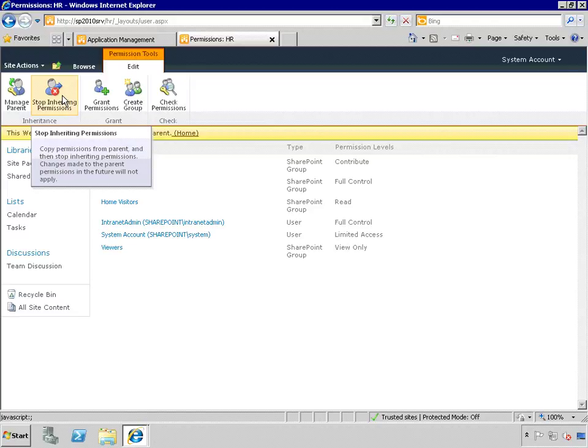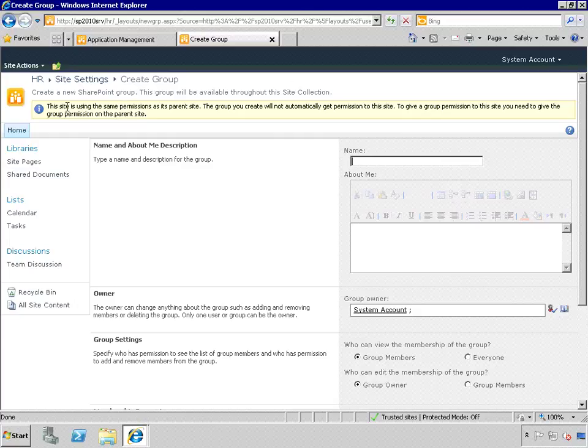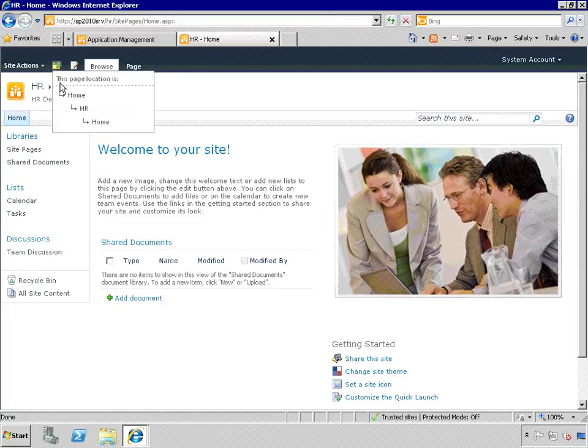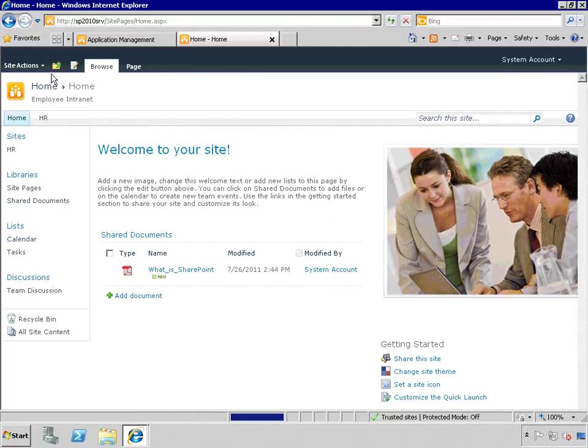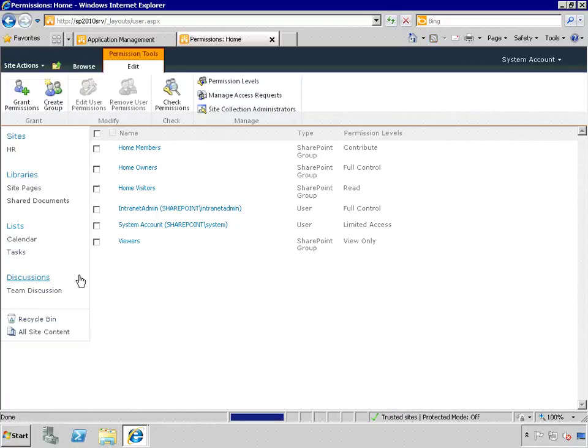We can also choose to create additional groups. We are not limited to the groups that are created by default. If you click Create Group, it'll give you a warning because we're in a sub-site. This is using the same permissions as the parent site. The group you create will not automatically get permission to this site. You'll need to do this at the permission site. If you see this and you don't want to break inheritance, go back to the parent site, and we'll do that by clicking on the navigation folder, click Home, and then go to Site Actions, Site Permissions,